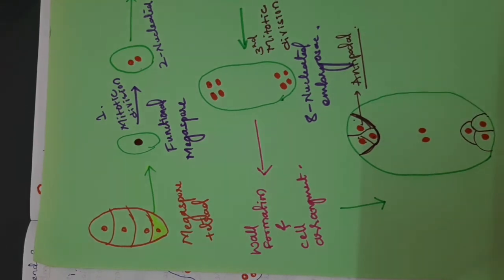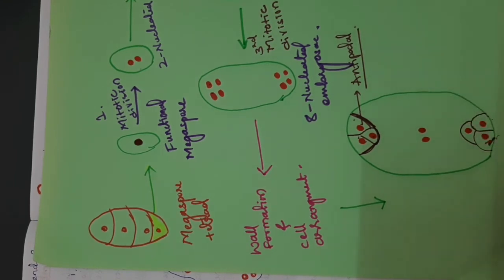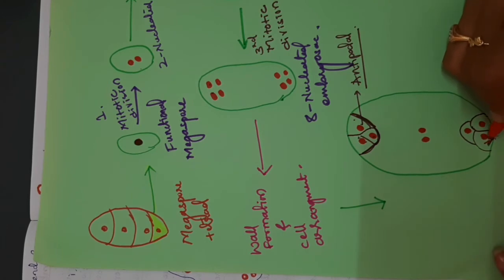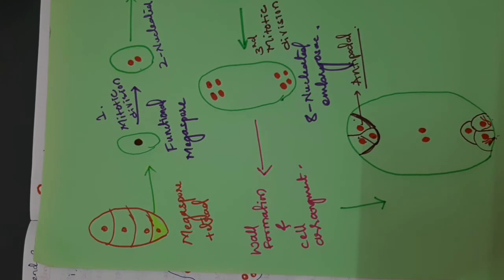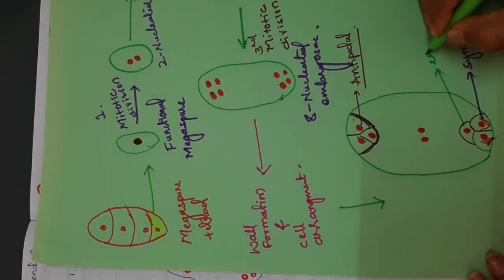The lower 2 nuclei have the wall thickening, a finger like projection structure. I will explain with again detailed diagram. Those are called as a synergid cells, and again remaining one cell, that is a egg cell.